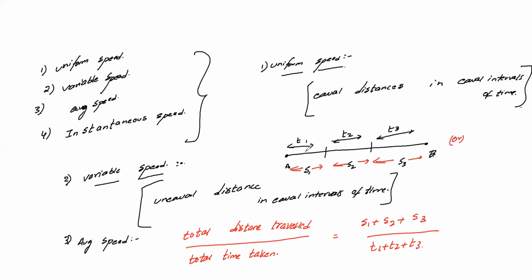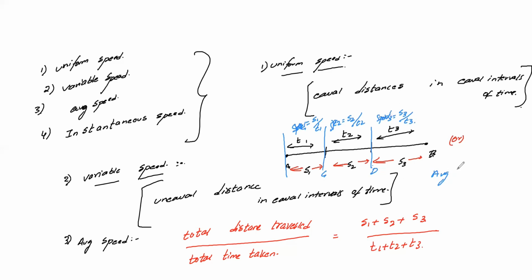So we can write another formula. Here I'll take A to C, then D and B like this. When going from A to C, the displacement is S1 and the time period is T1. Can you say velocity V1 here? So V1 is equal to S1 by T1, V2 is equal to S2 by T2, and V3 is equal to S3 by T3. I've taken them separately. Sorry, it is speed, so I'll take it as speed only: speed 1, speed 2 and speed 3.